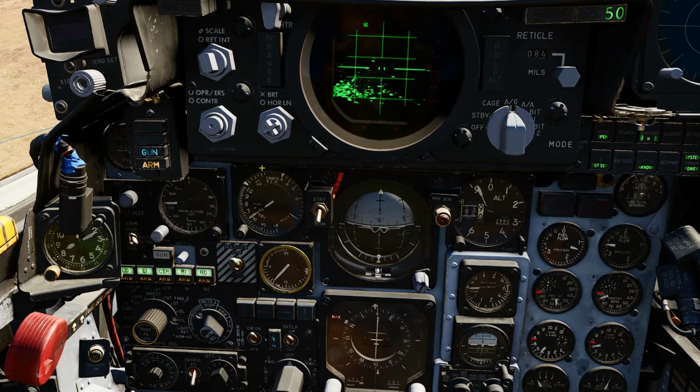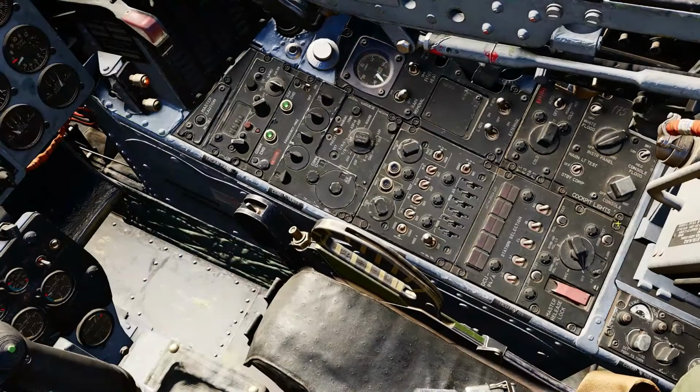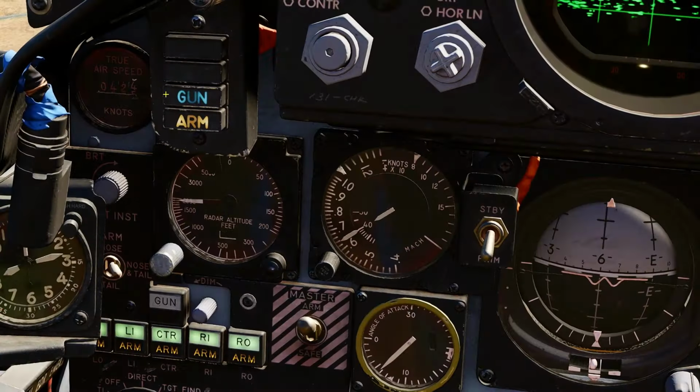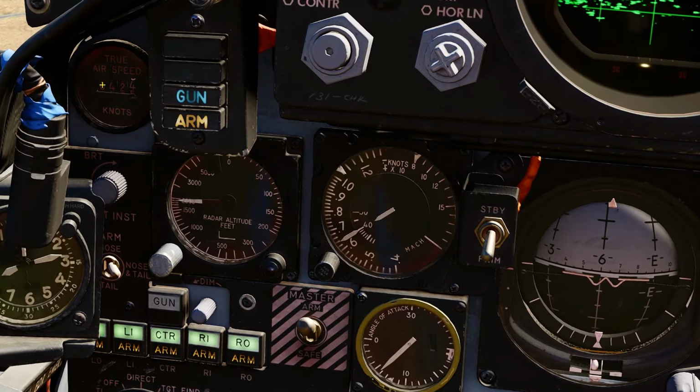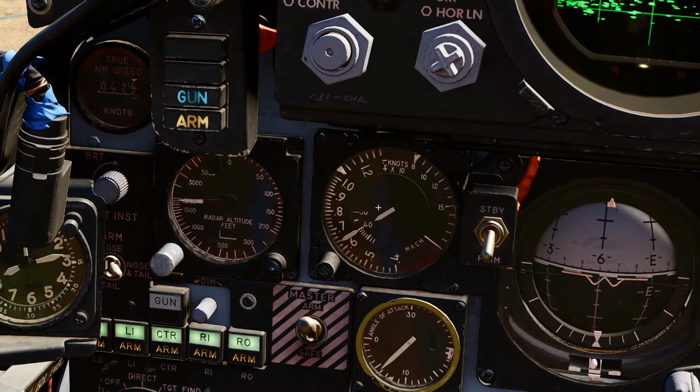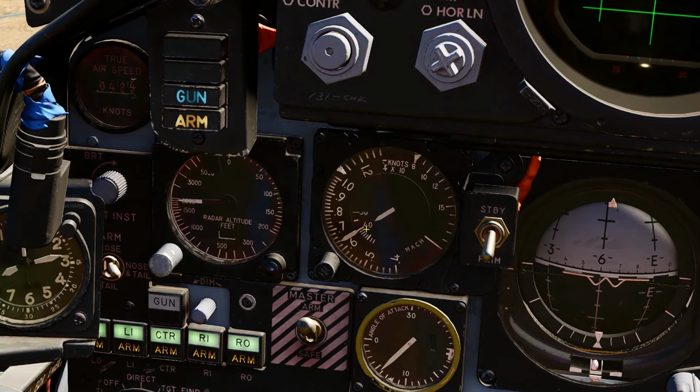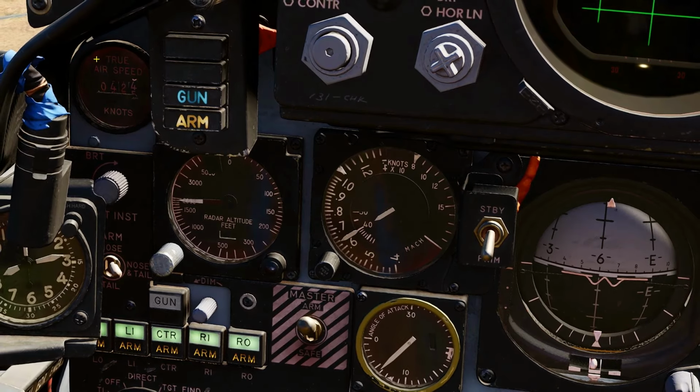An extra complication is that this airspeed indicator is not the one that you need to use for an accurate speed reference. What I have found you need to do to help with this is turn up all the interior lighting on the right-hand consoles. Turning on the lights enables the true airspeed indicator to be seen more easily in the upper left corner of the dash. When we specified the speed in the bomb table, it referenced true airspeed rather than indicated, which is shown here. And in fact, in this example, we can see that the indicated airspeed is locked right on 400 knots, but our true airspeed is